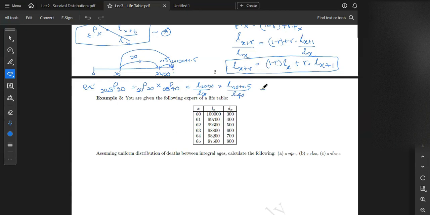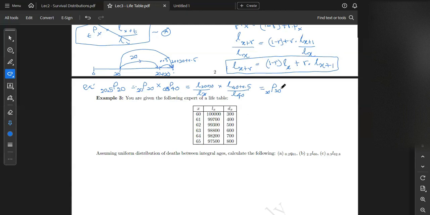Or in the same case, we can keep this as this, because if you were given this probability as a function, we can integrate the function and find this probability. Or if we had the force of mortality, we know how to calculate the survival probability using the force of mortality. So both cases are possible. And now